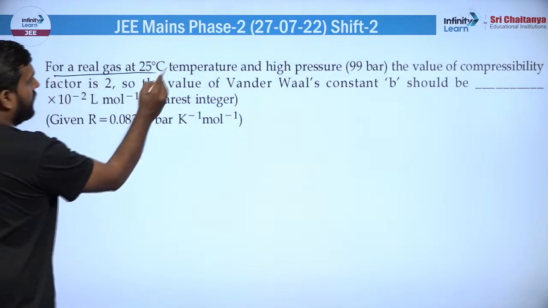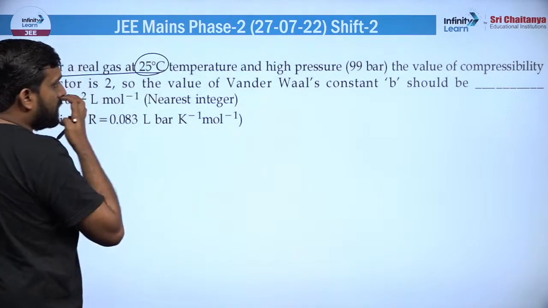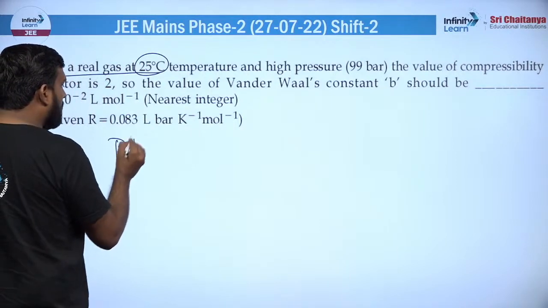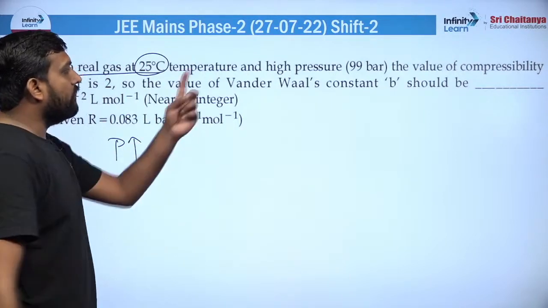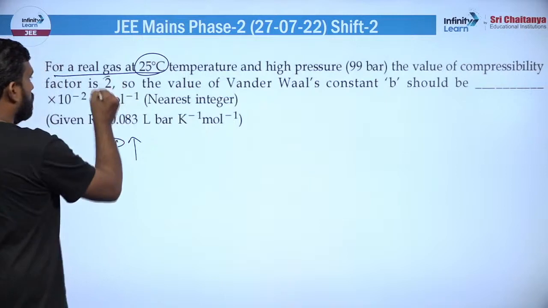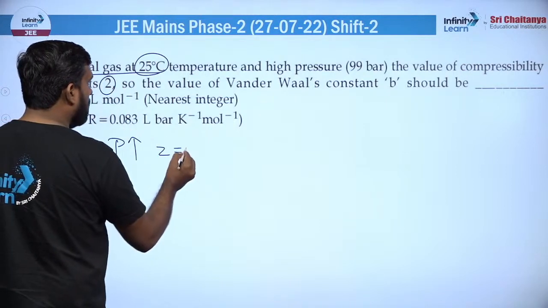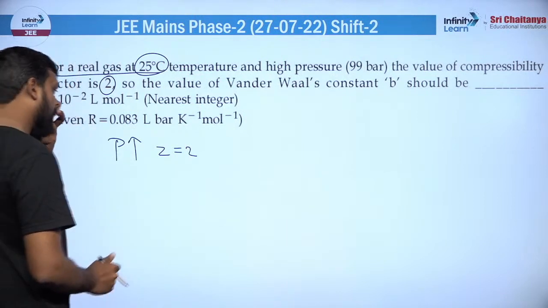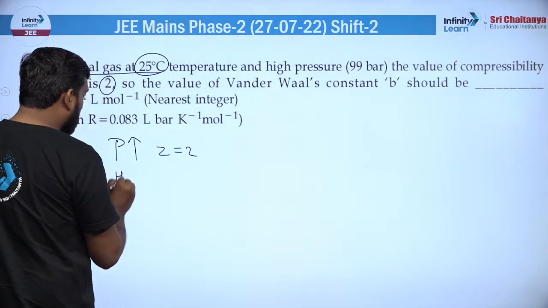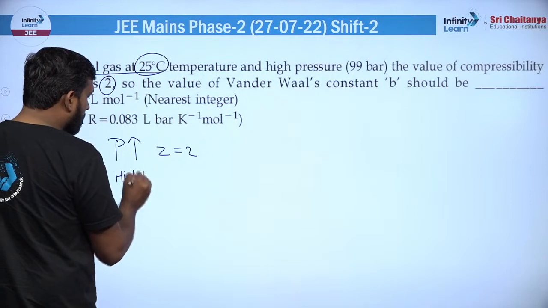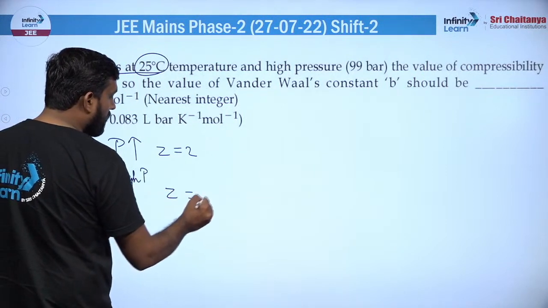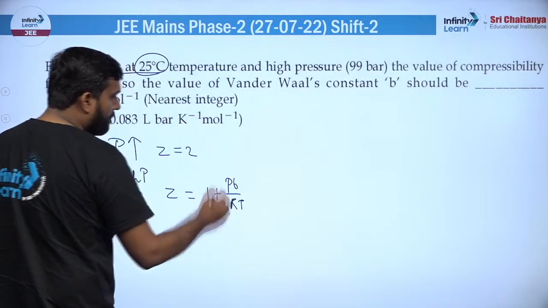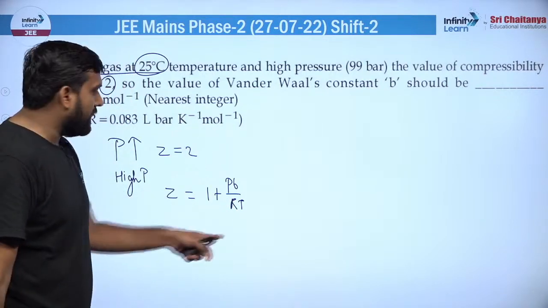फॉर ए रियल गैस एट 25 डिग्री सेल्सियस टेम्परेचर एंड हाई प्रेशर, प्रेशर हाई है। ठीक है, अगर प्रेशर हाई है तो फिर देखते हैं क्या होता है। द वैल्यू ऑफ कंप्रेसिबिलिटी फैक्टर इज 2, Z की वैल्यू 2 दे रखी है क्वेश्चन में। द वैल्यू ऑफ वंडरवॉल कांस्टेंट B शुड बी, B निकालना है। देखो हाई प्रेशर पे कंप्रेसिबिलिटी फैक्टर Z, वो 1 + PB/RT के बराबर आता है।